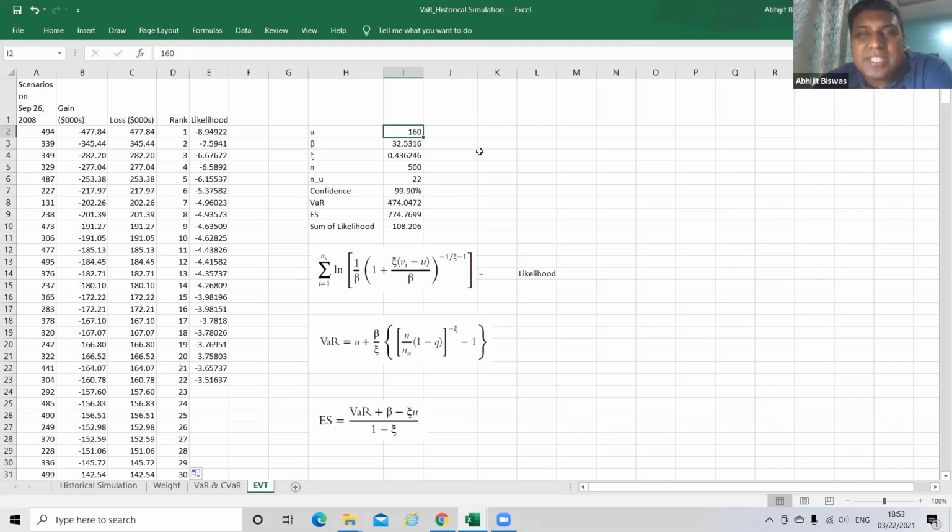So according to this data set, we have taken the threshold to be 160. That means any loss higher than 160 is considered to be extreme loss, right?